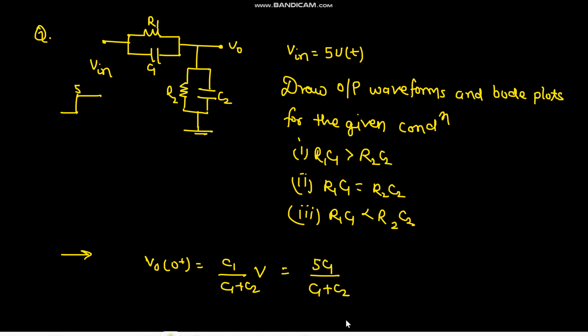All these concepts I have already explained, that's why I am moving a bit faster. Like, the whole circuit would be shorted, impulse current will be flowing, so the capacitor would change its voltage immediately, and the voltage would be divided in inverse proportion. So it would be 5 into C1 upon C1 plus C2. And at t equals infinity, we will have R2 upon R2 plus R1 into V. Let's not write V, we can simply write 5. Okay. So for the first condition,